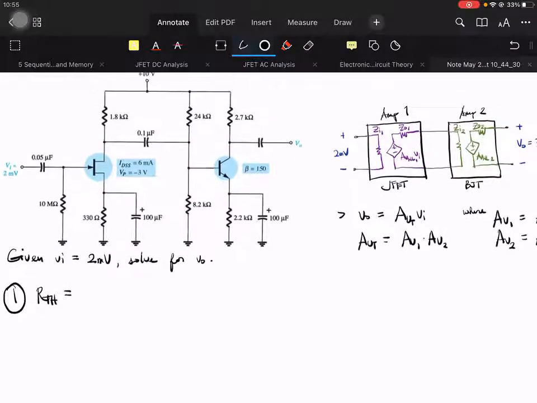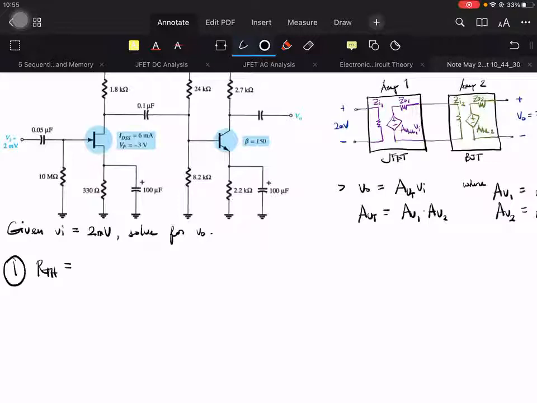Some of these steps maybe shortcut na lang ako, class. So RTH is based on formula: 24 kilo ohms parallel with 8.2 kilo ohms, which is equal to